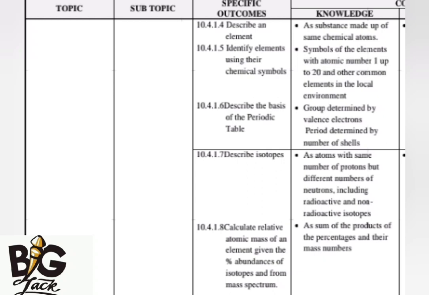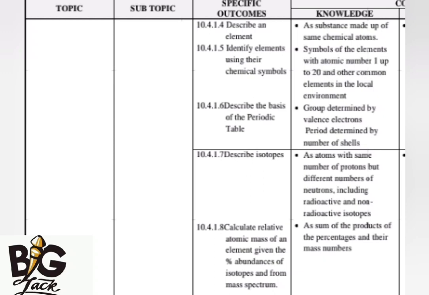For example, if you want to calculate the relative atomic mass of an element given the abundance of isotopes from a mass spectrum, the formula is like this. Relative atomic mass is equal to percentage multiplied by the mass number of the isotope. If they are going to give you 2 isotopes, we are going to say percentage multiplied by the mass number divided by 100%, plus another isotope,